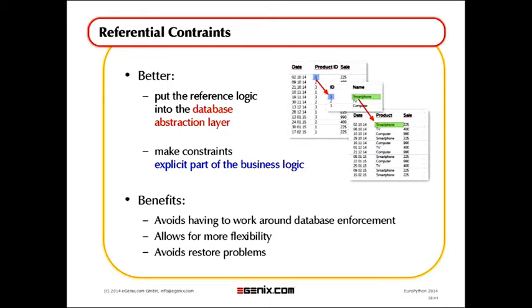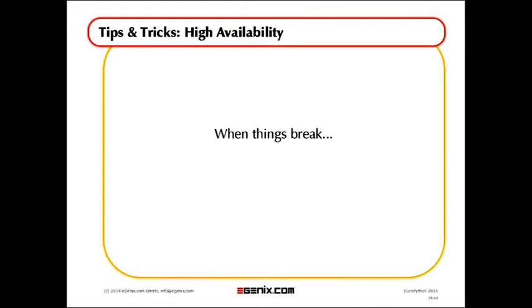So what we do for these things, we just completely leave out the referential constraints and put everything into the Python database abstraction layer, which has much more knowledge about these things. It's also a good idea to put those things into the business logic. And then you avoid all these things. So if you run into an emergency situation where you have to quickly load data from a backup again, you don't have to think about how to turn off the referential constraints. You just load everything and it works.